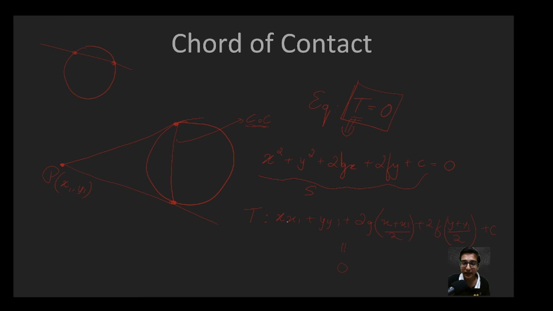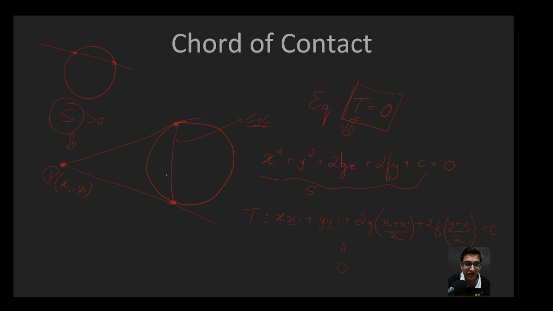Now the point that you must note here is that x1, y1 is the external point. This point of course lies outside the circle. So let's say if I was to find out S1 for this point, it would of course be greater than 0 because it lies outside the circle. So you must remember this thing, T is equal to 0. Now there is one more